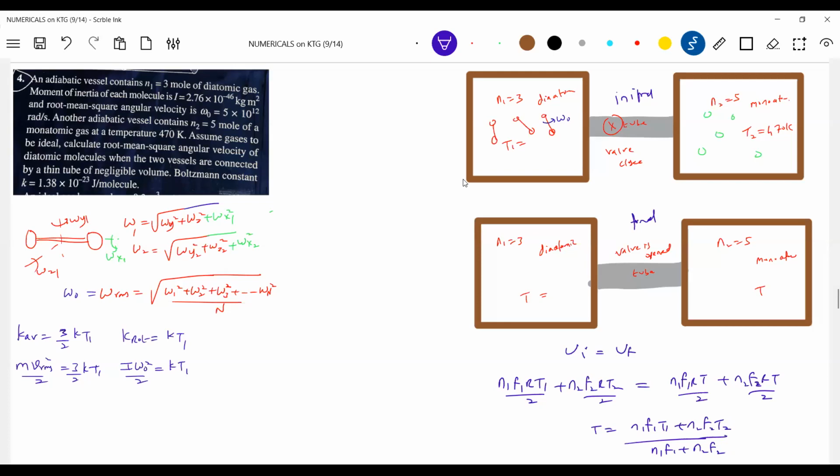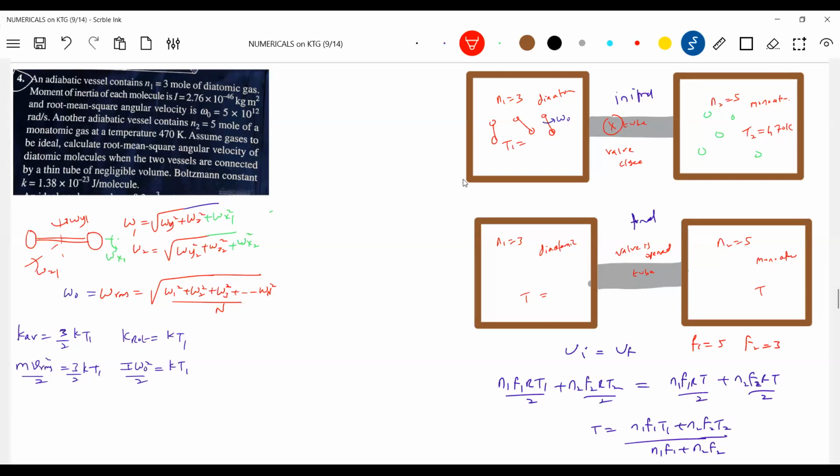Okay, now you know T1. How to get T1 is from the initial discussion we made. Moment of inertia is also given, everything. So we know moment of inertia I and also the omega naught. With that we'll get the temperature T1. That I'm going to substitute. What is F1? Monoatomic gas, 3. N1, the number of moles, is given. Substituting this, we'll get the required answer. Will you do it? So what is F1? F1 is 5. F2 is 3. N1 is 3. T1 is what? You're going to calculate from here.